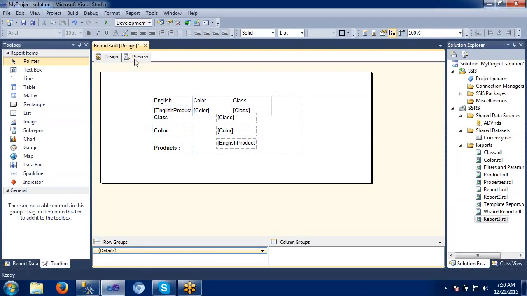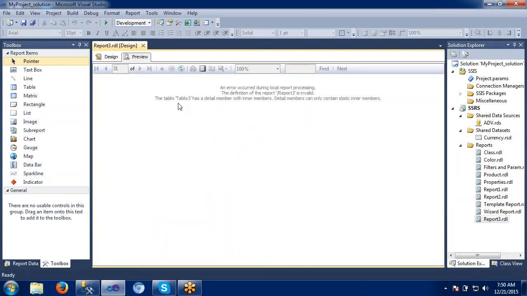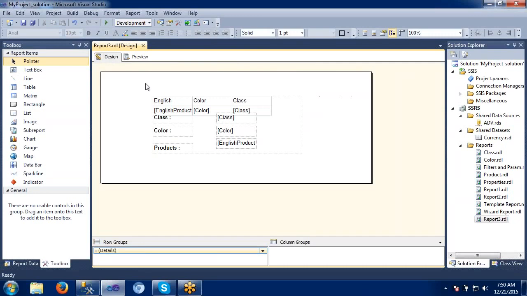Okay, let me show you. See, an error occurred during this report: a Tablix report has a detail member with inner members. The detail member can contain only static inner members, right? But we are putting dynamic data into a table here, which is not meaningful. Here, data is already coming from one dataset, which has group columns, giving detail-level groups.